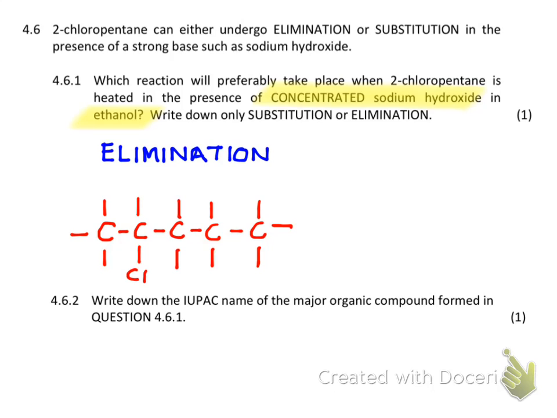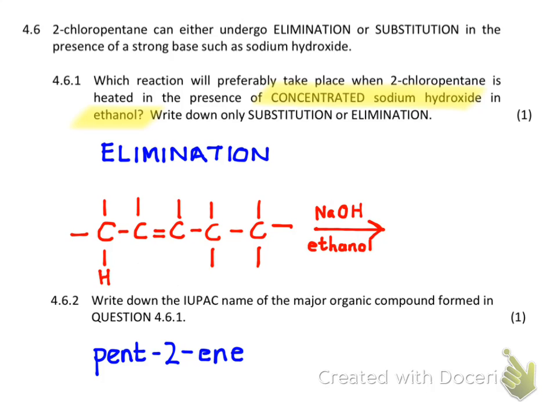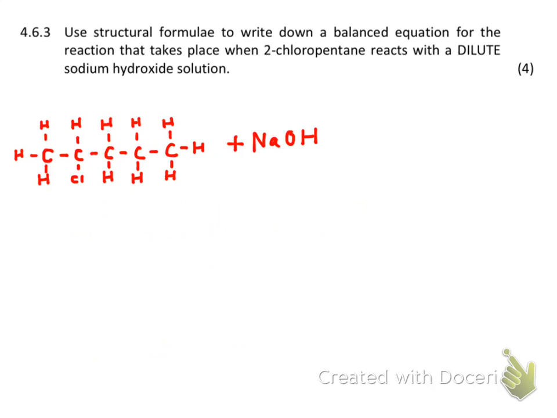There's our 2-chloropentane, and it's going to react in the presence of sodium hydroxide and ethanol. Again, we have to decide which hydrogen is removed during elimination, and as before, the hydrogen is lost from the less substituted carbon. So in this case, it's carbon number 3, and so the H on the right hand side and the Cl will be removed and a double bond will be formed. And so the name of our product is pent-2-ene. And then finally the structural formula,